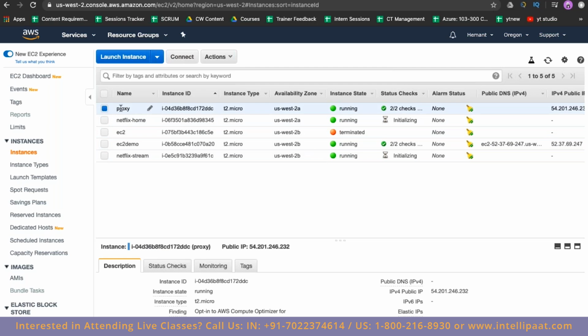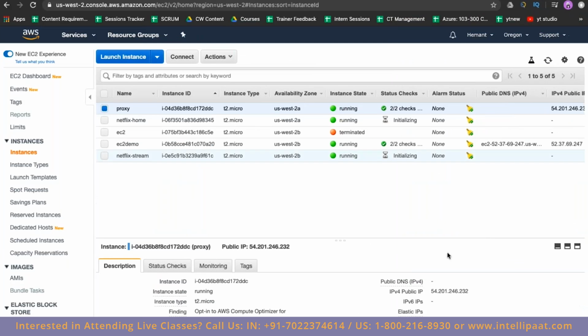So first we need to copy the Pem file that we have onto this proxy server. So the way you can copy it is to use a command called SCP, which is called secure copy. So first you will have to authenticate yourself using the proxy server's Pem file. Then you will have to specify the file that you want to copy. So the file name is again this Pem file I want to copy, right? Where do I want to copy it? I want to copy it on the proxy server, which is this IP address, and I want to copy it in this particular file location, which is